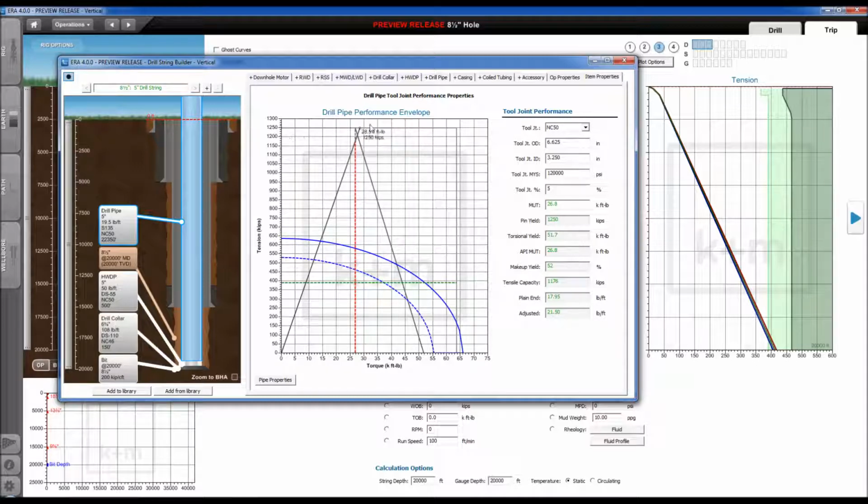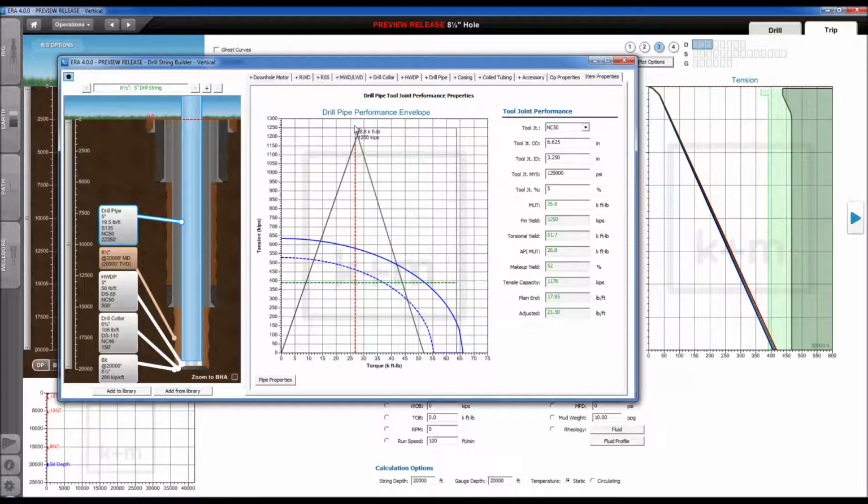Now, this horizontal line represents the tensile capacity of the pin. If I apply any tension in excess of 1.25 million pounds, I would yield the pin if I'm just looking at the tensile load. Now, unfortunately, when we apply torque to the pipe, once I reach full makeup, increasing torque results in the pin